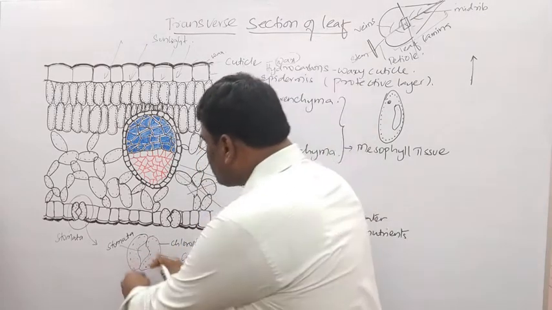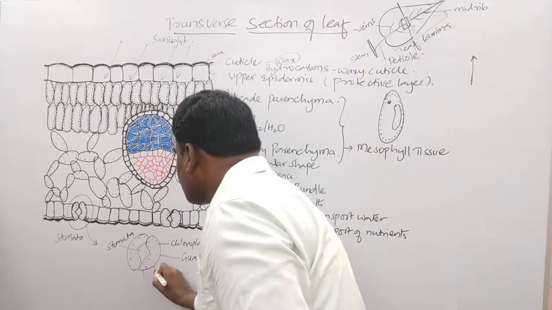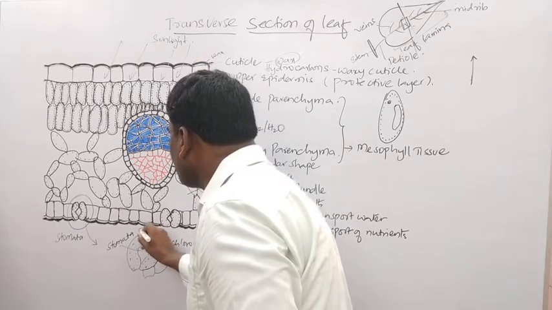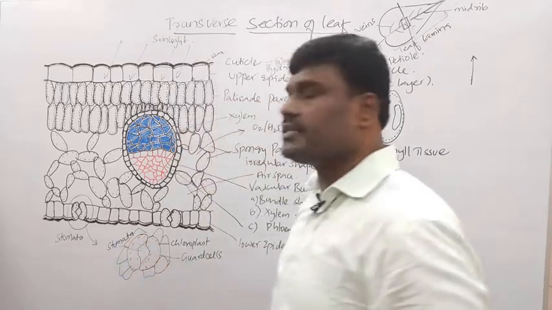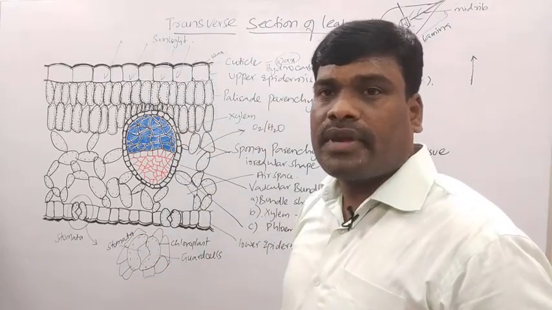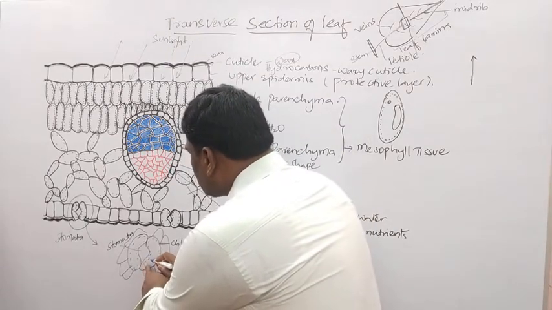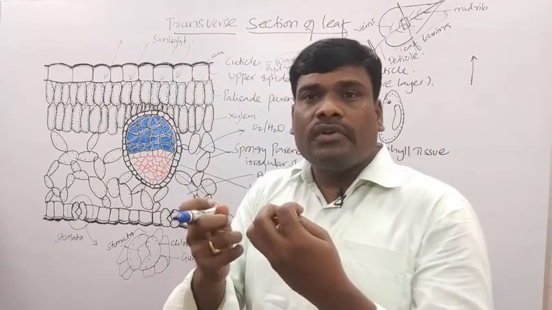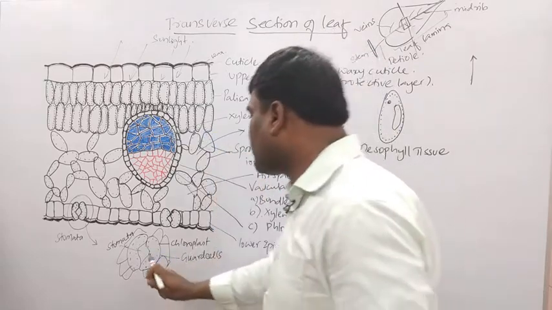And around this, what, children? Guard cells. We also see accessory cells around this stomata, accessory cells, right? And in these guard cells, children, there are microscopic fibrils, which are useful for the closing and opening of the stomata here.